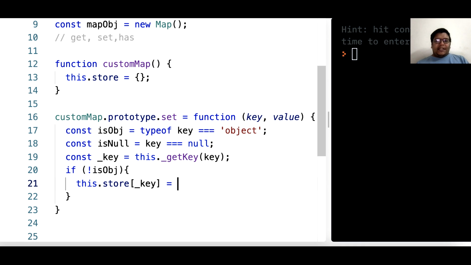So we can store values directly. What happens is, if the value is not there, we can override it.